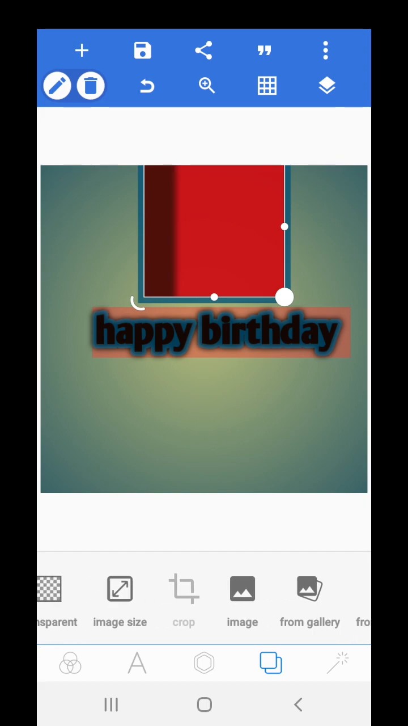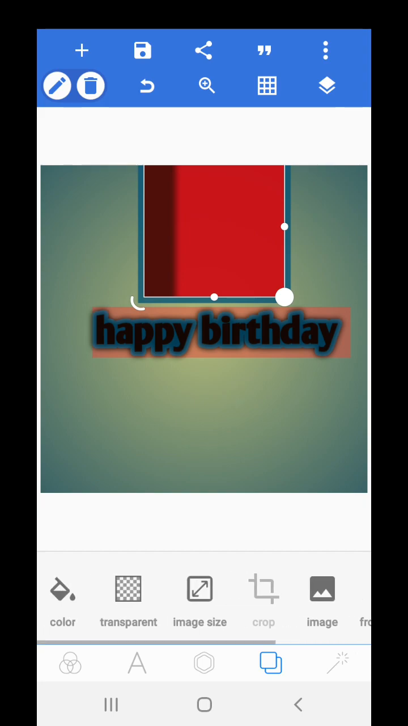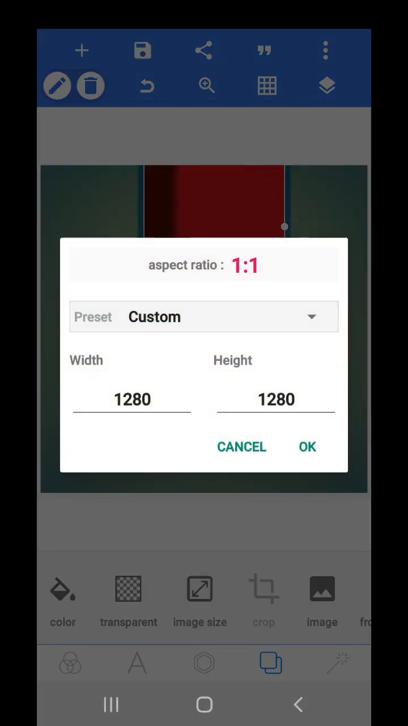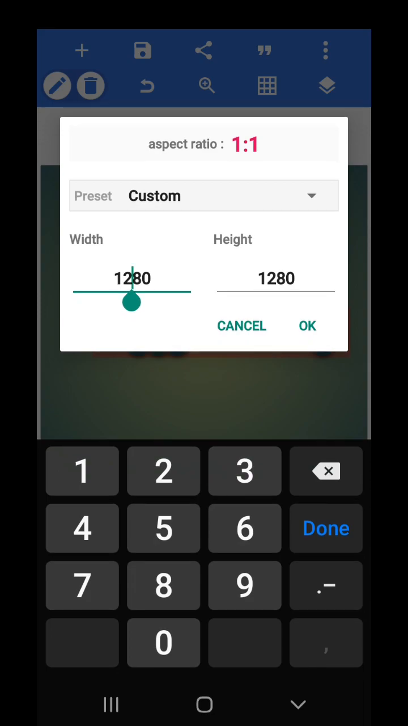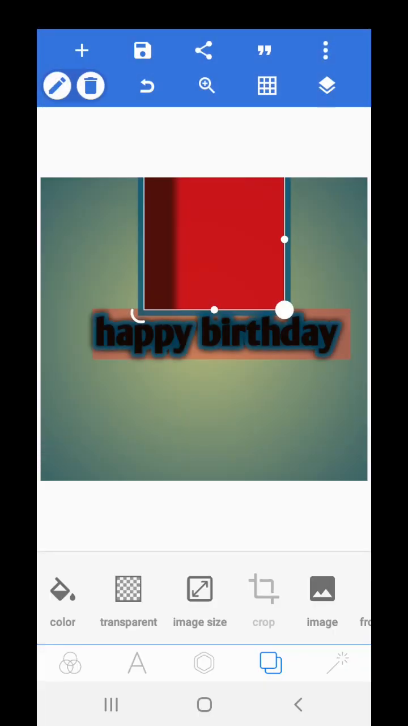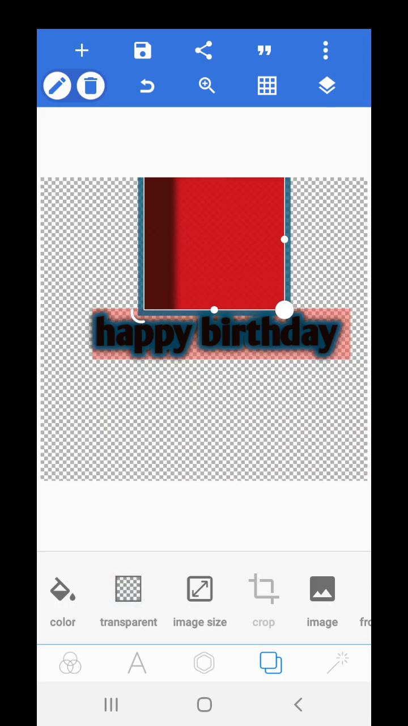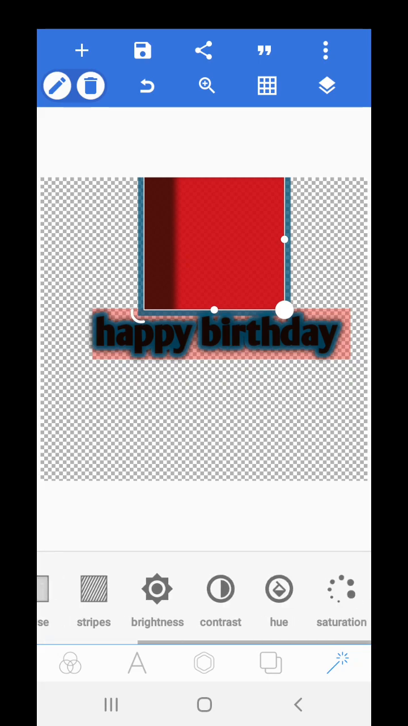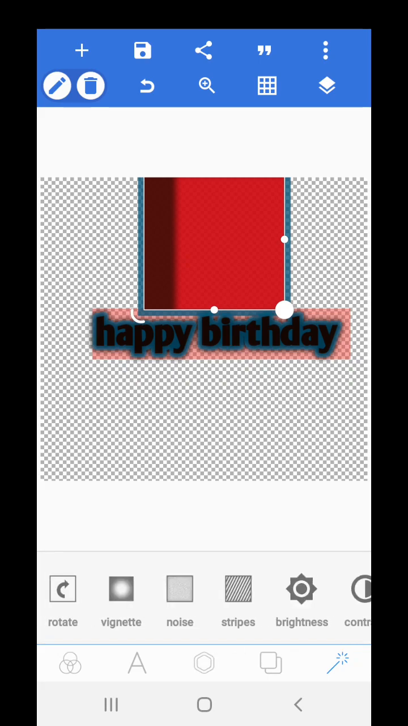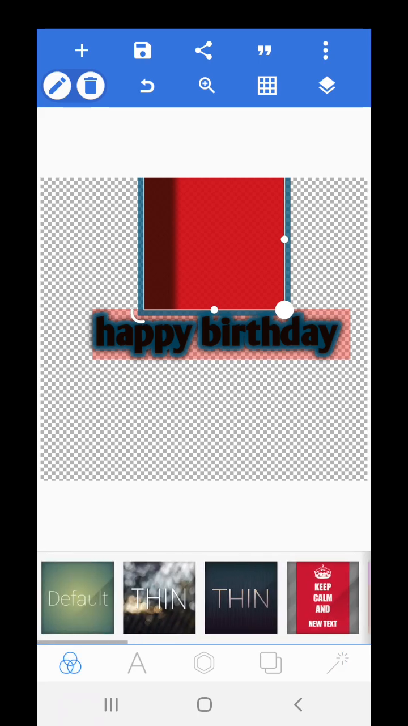Then image. When you want to add image to your design, you can use this. Then crop. You can crop your design. Image size. You can change the image size from here by typing this. You can change the size. Then transparent. You can make the background to be transparent. Okay. Then this place is when it is a picture. You can use it to design a picture. When you want to edit a picture, that is where you can use to edit the picture. Then when you go back there,